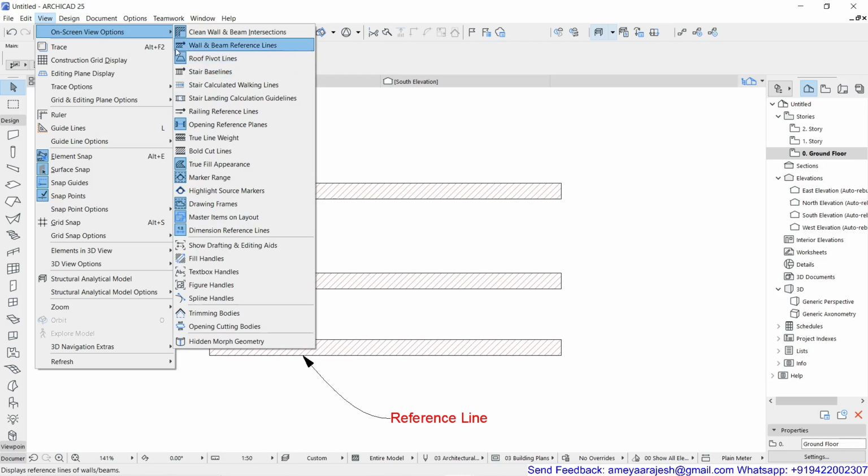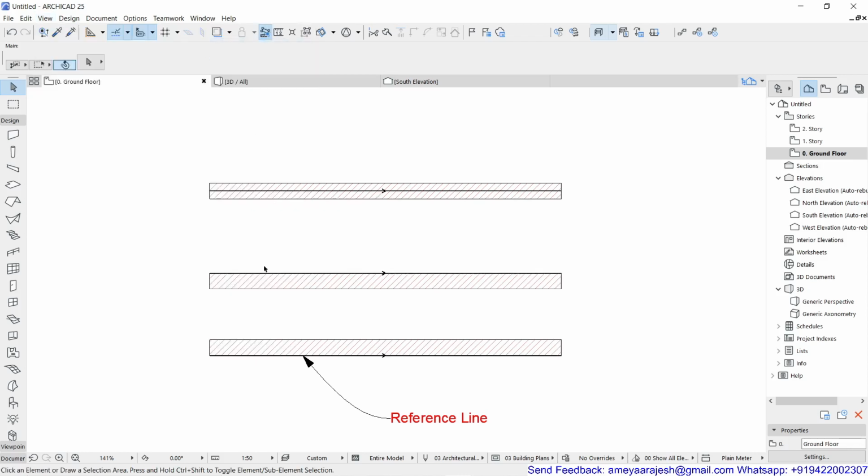So right now it is switched off. So you just click and turn on this setting, and you'll see your reference vector or the reference line for the wall segment is getting displayed. Now remember, this direction of the vector shows how you have placed this wall, from which point to where it goes. And here there are three conditions which you have considered right now.